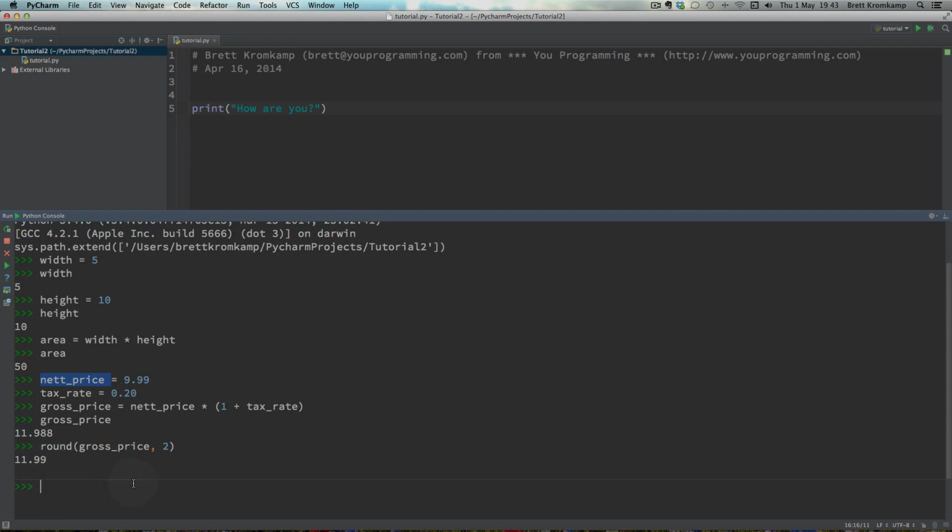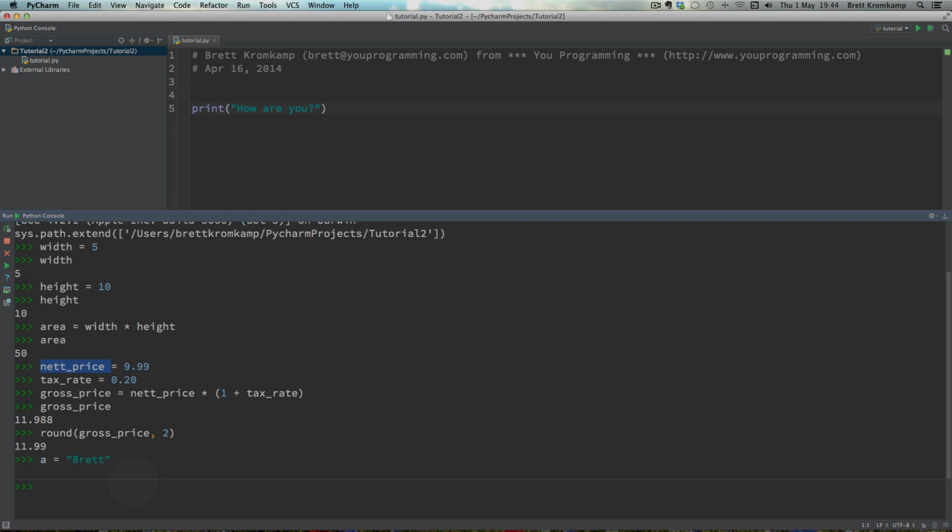Right, the next type of variable that we're going to be looking at is strings. And like I said, basically a string is text enclosed in quotes. So I'm going to do something like this. You can see the PyCharm IDE, when I type a quote, automatically inserts the closing quote for me and puts the cursor in between the 2 quotes. But anyway, let's go for something like this. Brett, my name. So now I have a variable of type string,